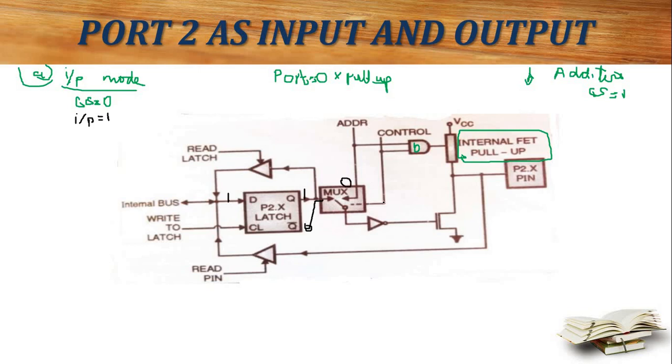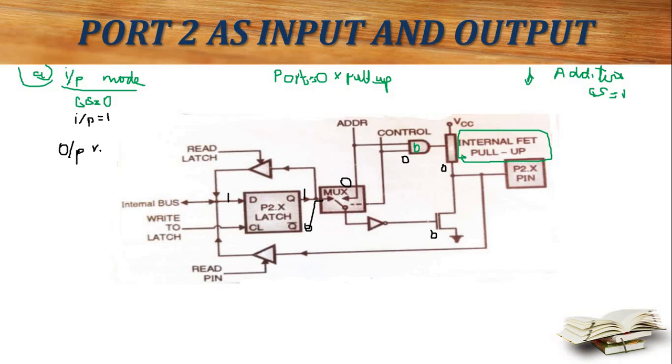The 0 is given to this control signal 0. One of the outputs is taken from MUX. Already I have given a signal as 0, so 0, 0, 0 we will get. And this FET will also get output as 0. From MUX it will take output that is a 0. This is the first condition of this one, the 0 condition. Next, when we are acting in output mode.